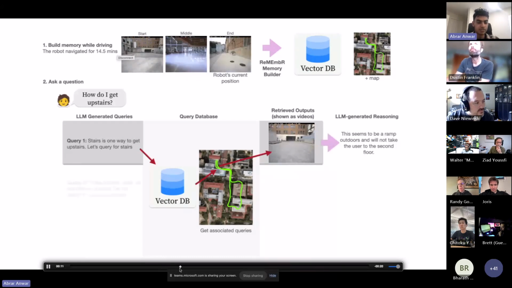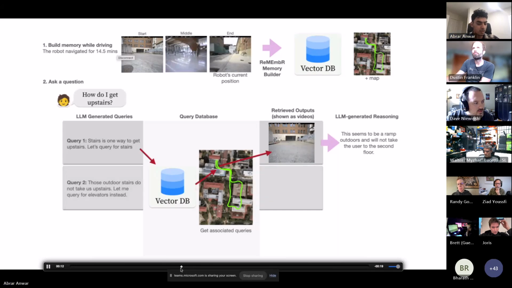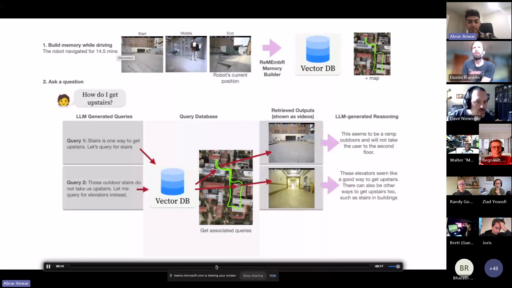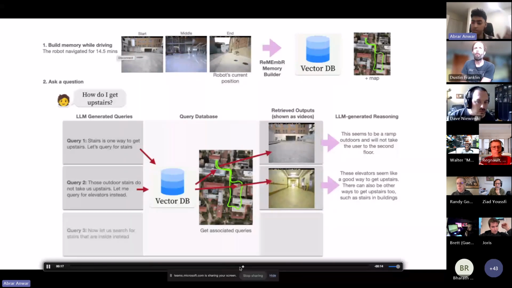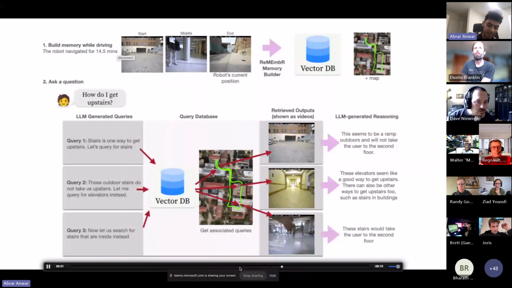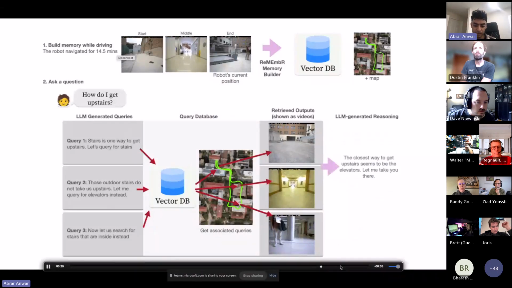Yeah, we can still see. Okay. So if the first time it failed right here, it didn't find the kind of thing the user was asking for. The second time it might say, oh, the outdoor stairs will not take us upstairs. Let me query for elevators instead. And then it might find elevators. And then because it has a third attempt, it can try again just to get more information and search for stairs in different locations, like stairs that are inside. And then it might find some stairs that are inside actually. And then given all of this information,